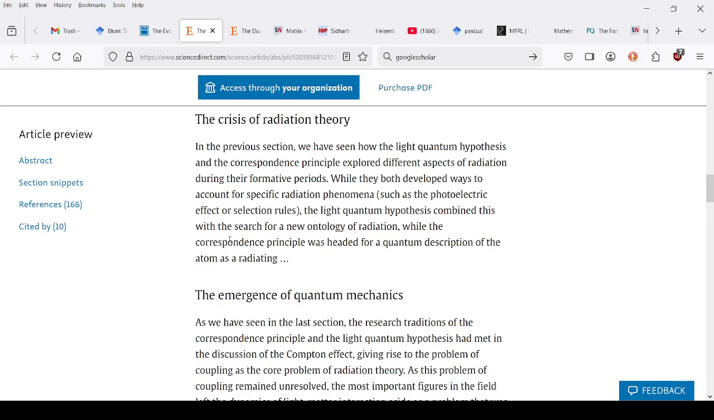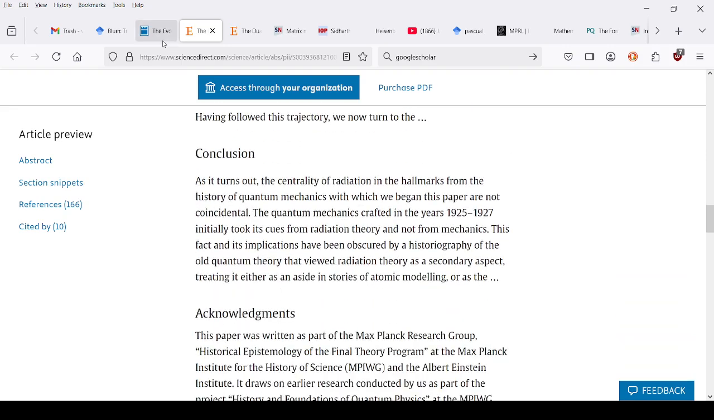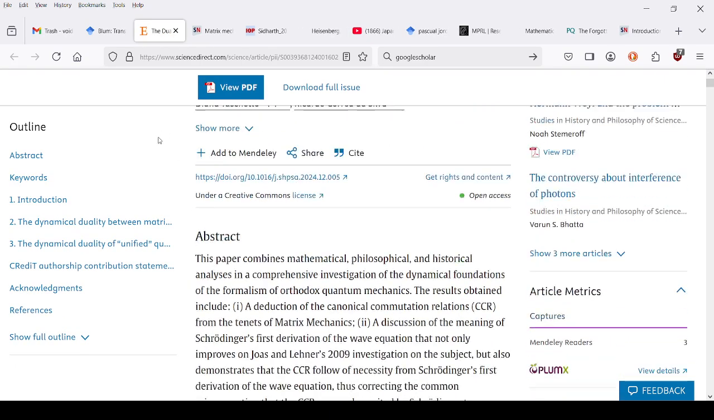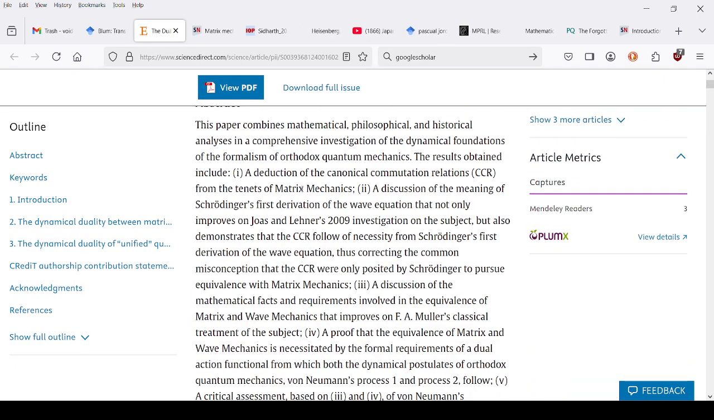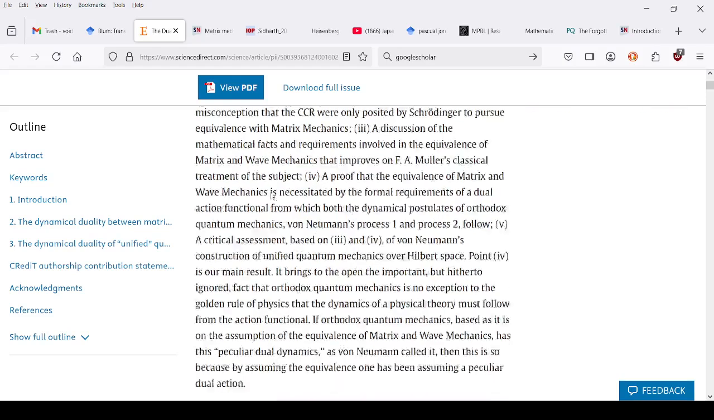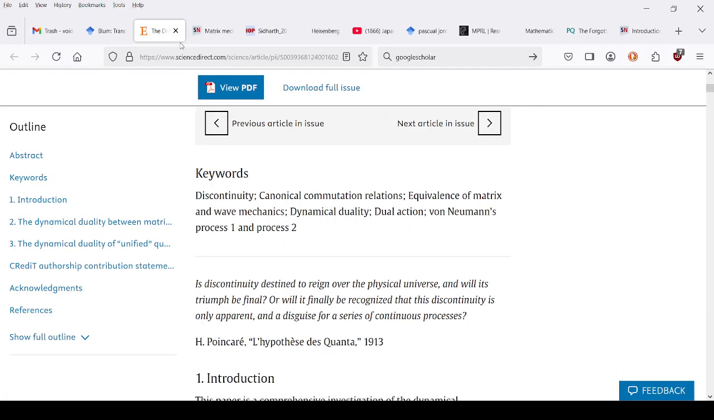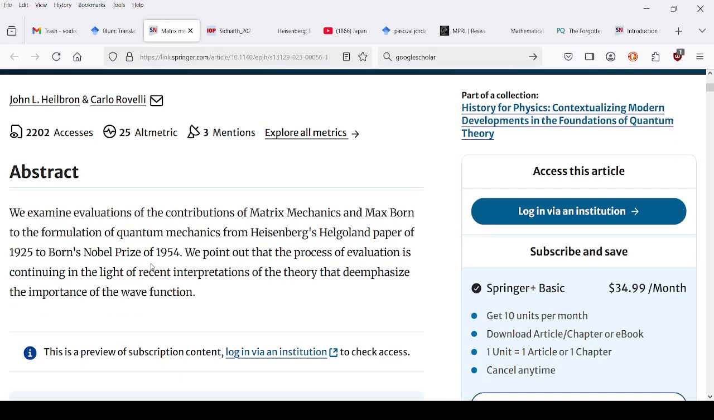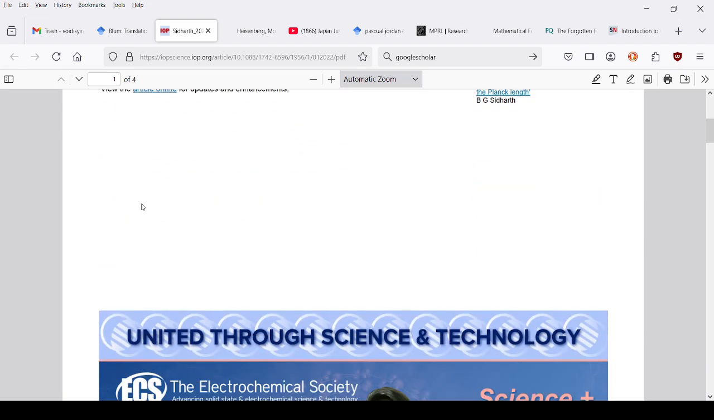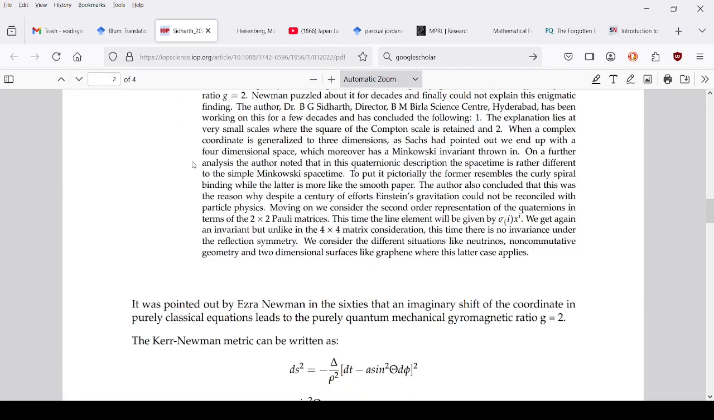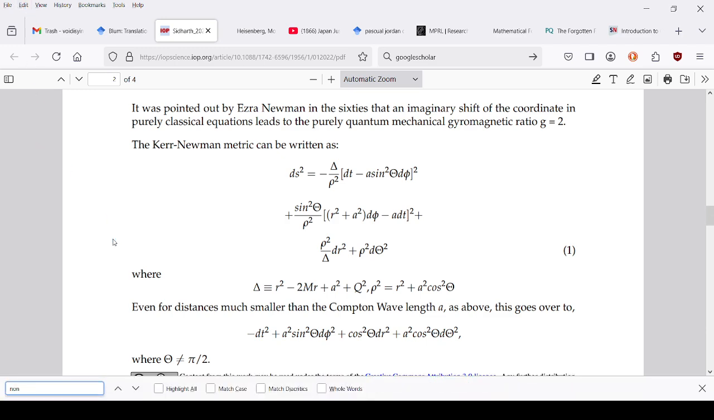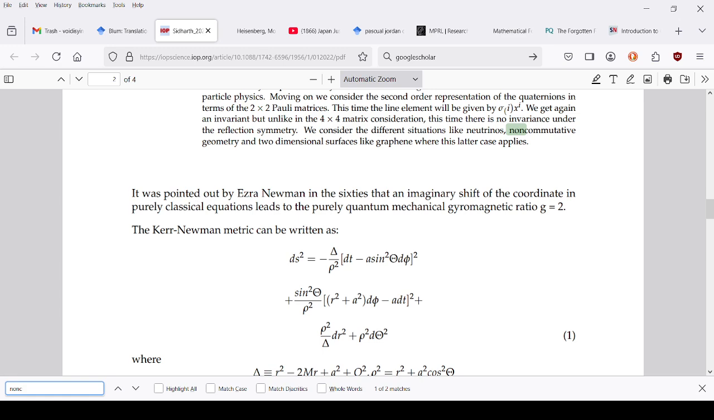And let's see what else we got here. And okay, leave that for now. And what else? Okay, so this one I didn't read yet. Right, so